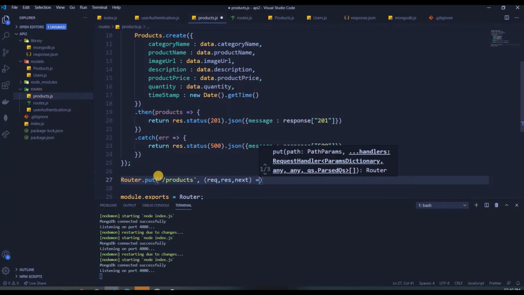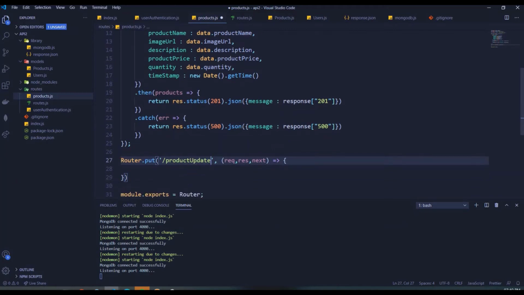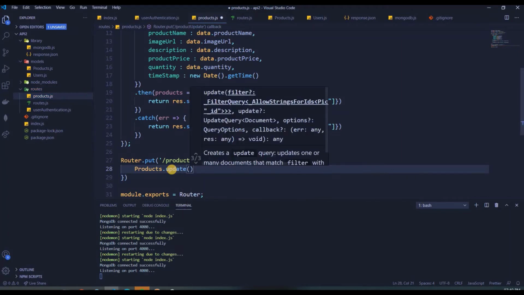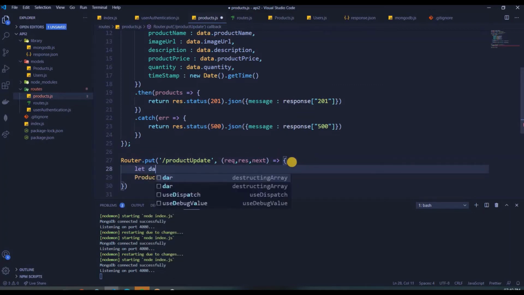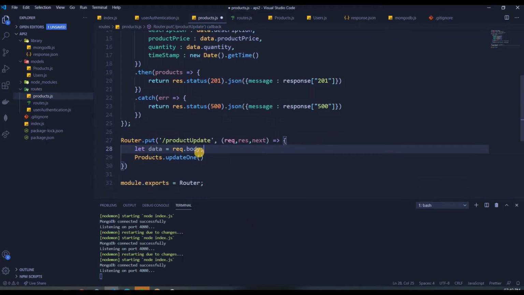So just to remove the confusion, we can provide product update, because we'll be updating one product whose ID and everything we'll be getting. Okay, so we'll write products.updateOne, and over here we'll just write let data is equal to request.body, and updateOne command,